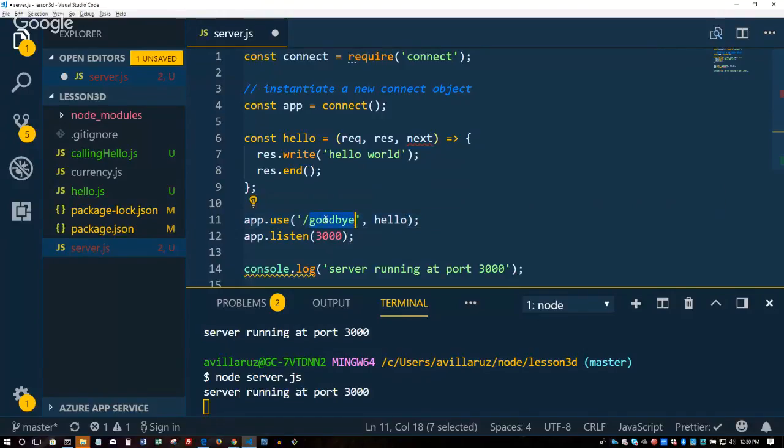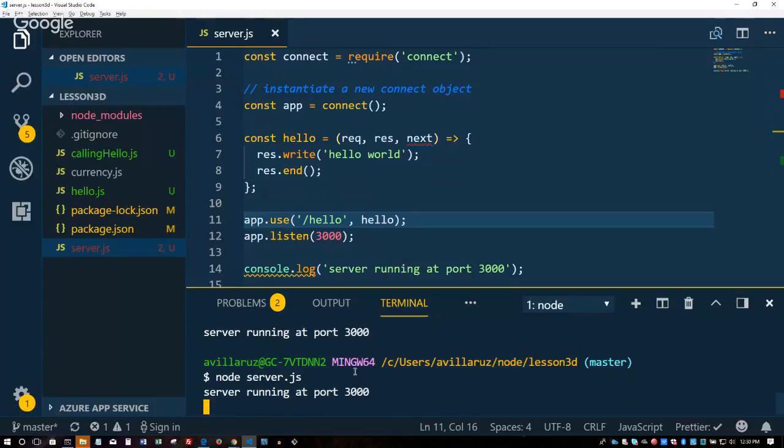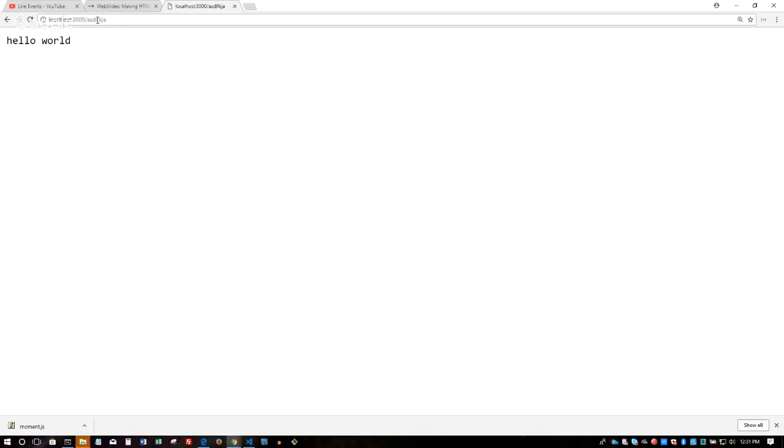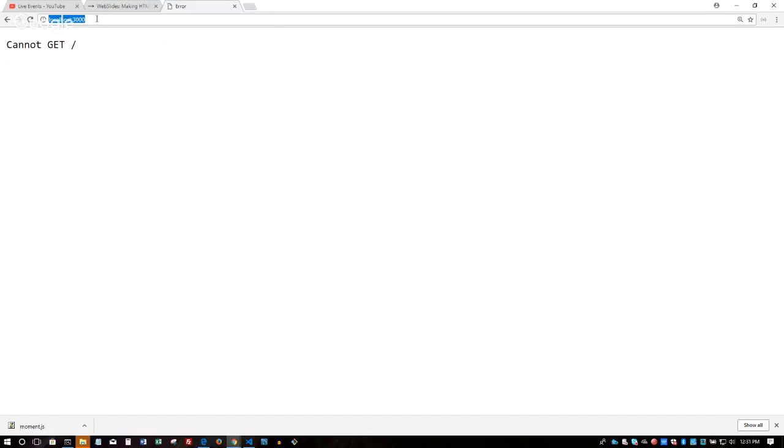You're going to use the same technique here. So I'll start you off with the hello. The hello is really easy. You just say /hello, and because everything else is the same, it should work. So now if I run it, let me break out of it. Node server, run. Okay, the only difference is this /hello. So if I go to regular localhost 3000, I still get the cannot get. But if I go to /hello, I should get the hello world. So do the same thing for goodbye.